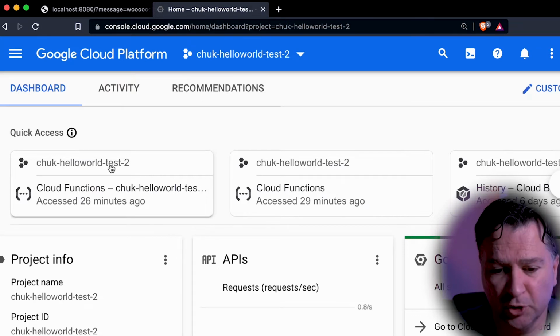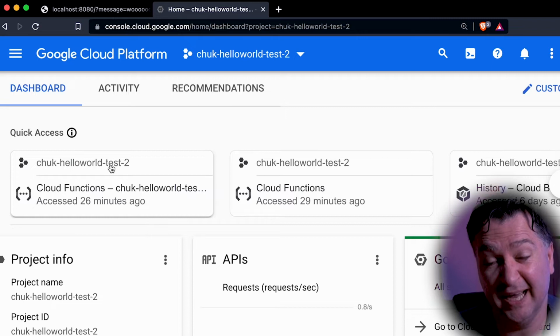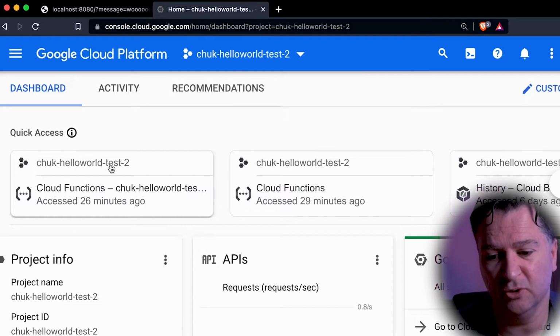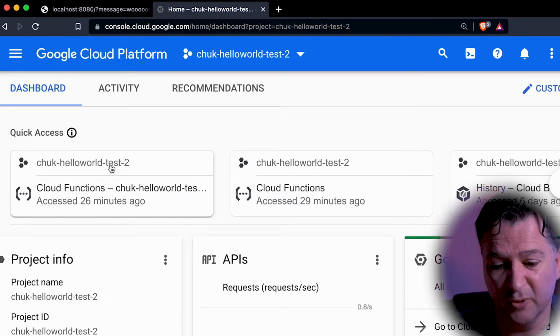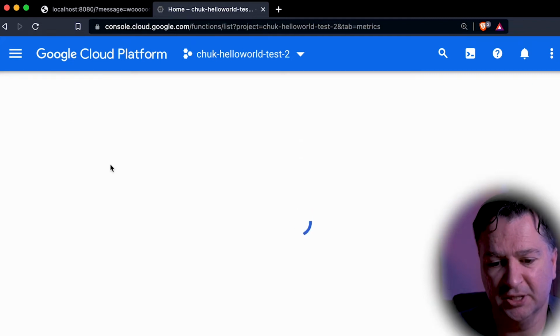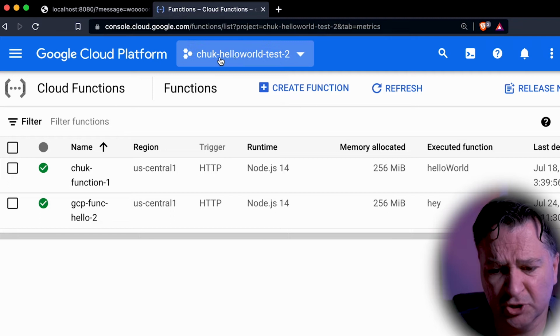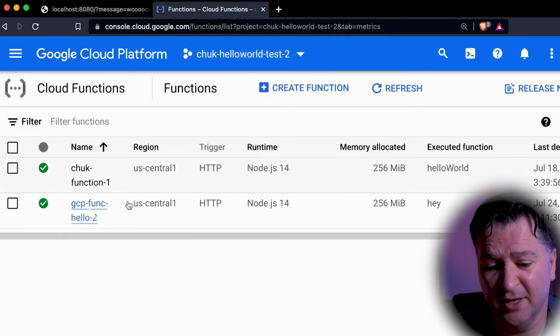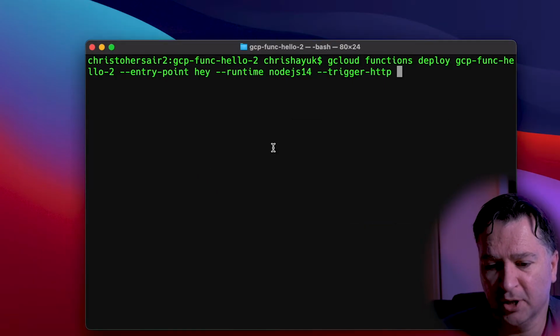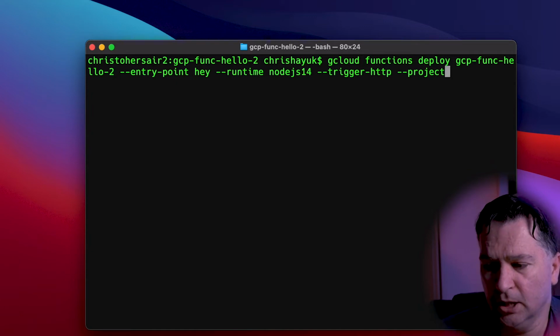If you don't have a project, then you would have an empty dashboard when you do the sign up, and then you could just click on and create a new project. But as you can see, I've already got this project called Chuck Hello World Test 2 set up. And you can see I've got GCP Func Hello 2 already up on my dashboard. So all I'm going to do is set that project to Chuck